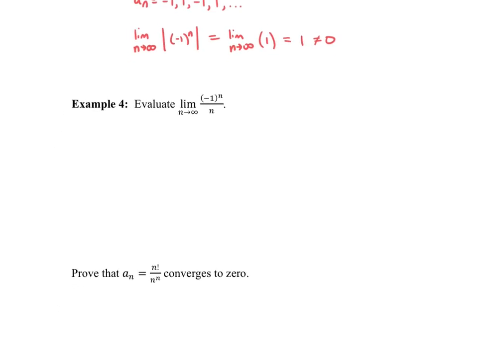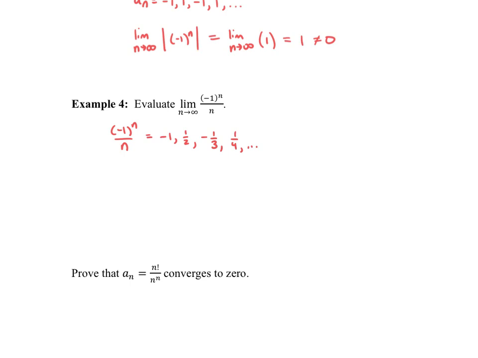So here, if we were to list terms out, I'll do that right here. Let's say that n was 1. We can't start at 0 because we can't divide by 0. So if n is 1, we get -1. If n is 2, we get +1 over 2, so we get 1/2. If n is 3, we get -1 over 3. If n is 4, we get +1/4, and then so on. This one's a little bit harder to see what's going on. Obviously it's alternating, and it is decreasing, getting smaller,